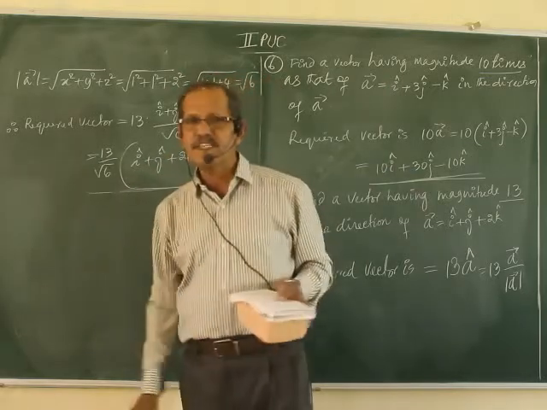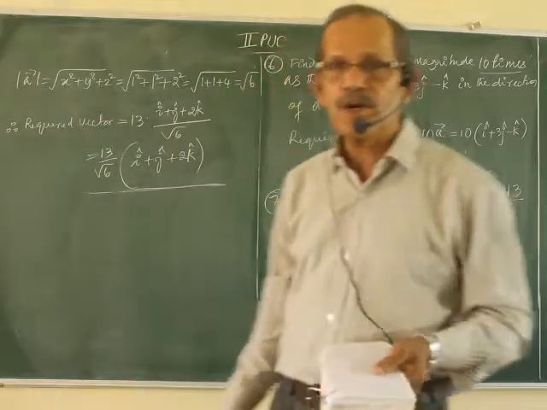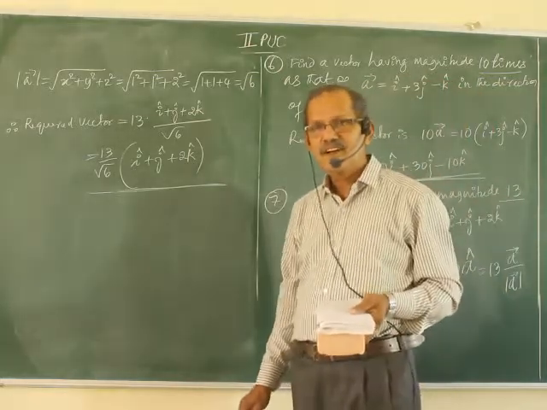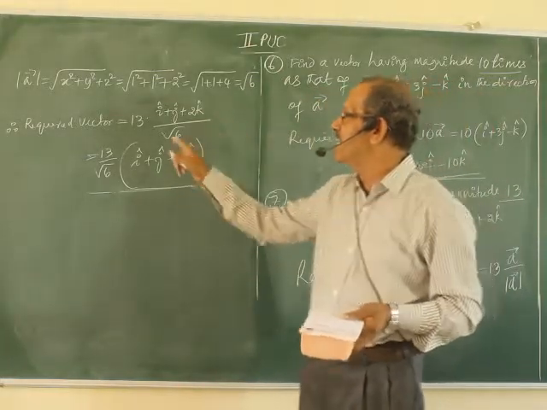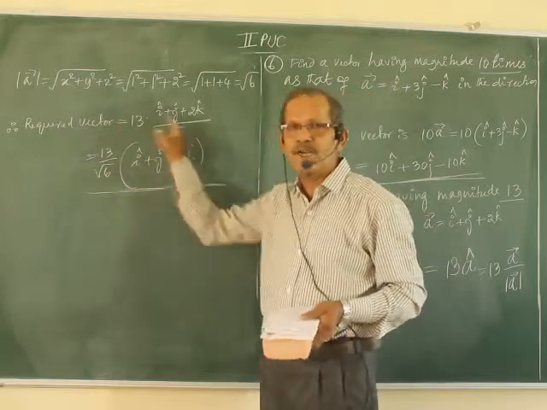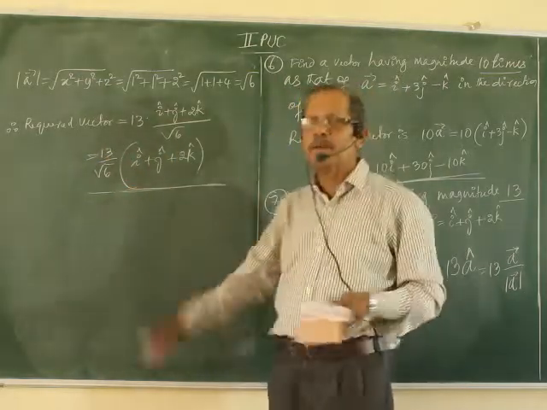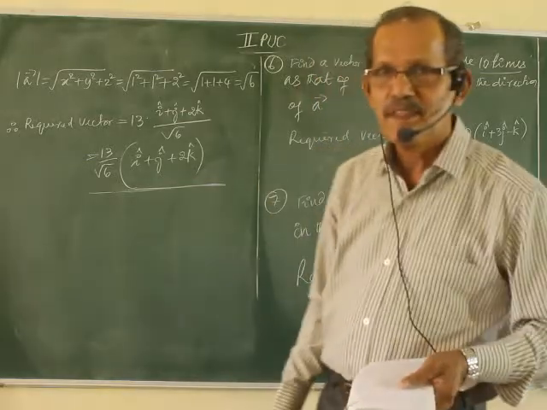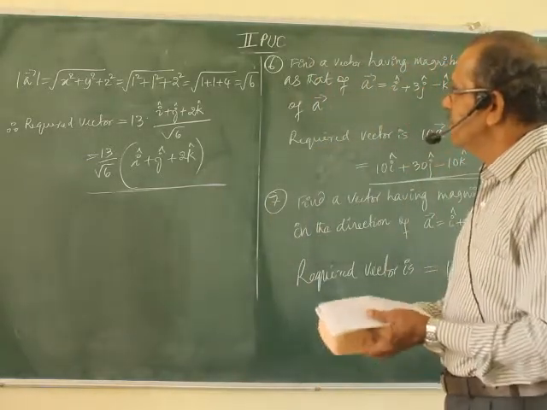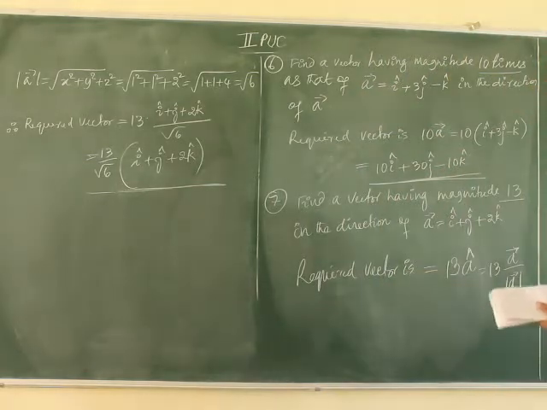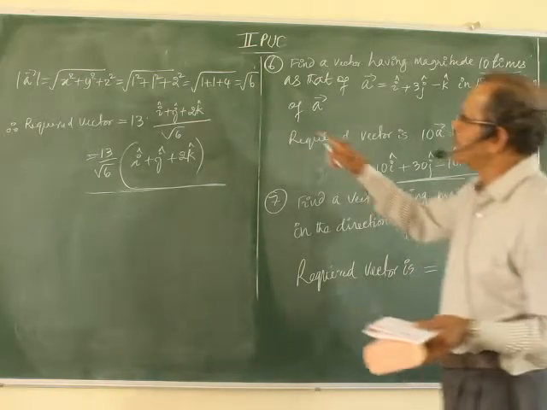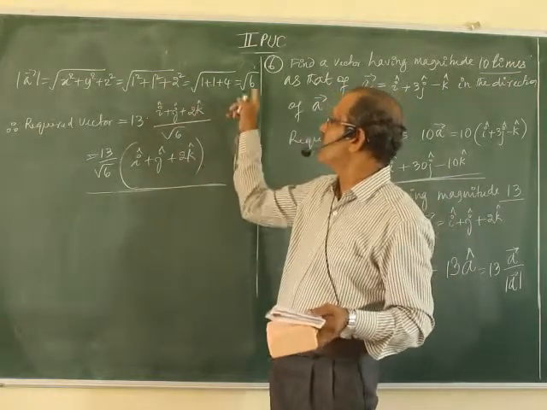Go through the problem once again. Even though it has only one or two steps, the idea behind the problem is very complicated. You have to obtain a vector of exactly length 13. Find the magnitude of this vector yourself. You get exactly equal to 13, remember. The magnitude of this vector is exactly equal to 13. So the required vector is 13 into A cap, A cap is vector A by modulus A. Mod A is calculated. This is the answer.